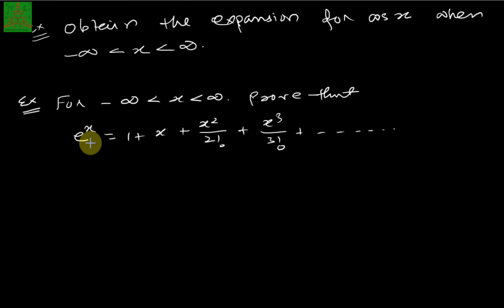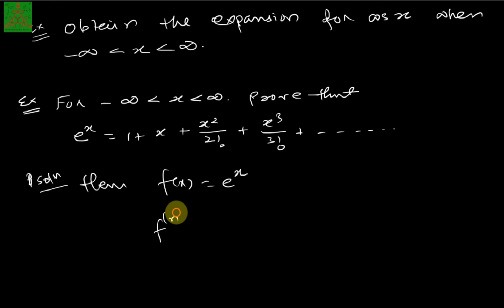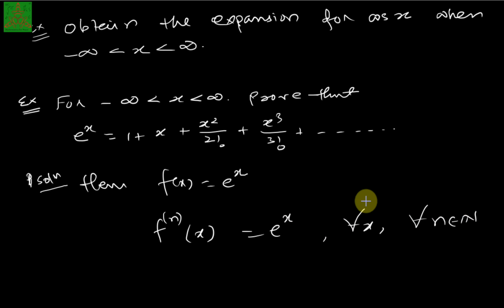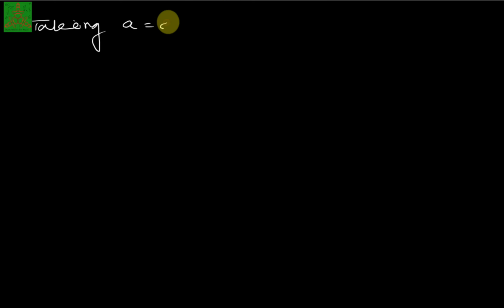And here the function is f of x. So here f of x is e power x. And we know that the nth derivative of e power x will be e power x for any x, and for any n in N, which we have already known. Now by taking a equal to 0 in the Taylor's expansion or in the Taylor series, we have a equal to 0 in Taylor's theorem with